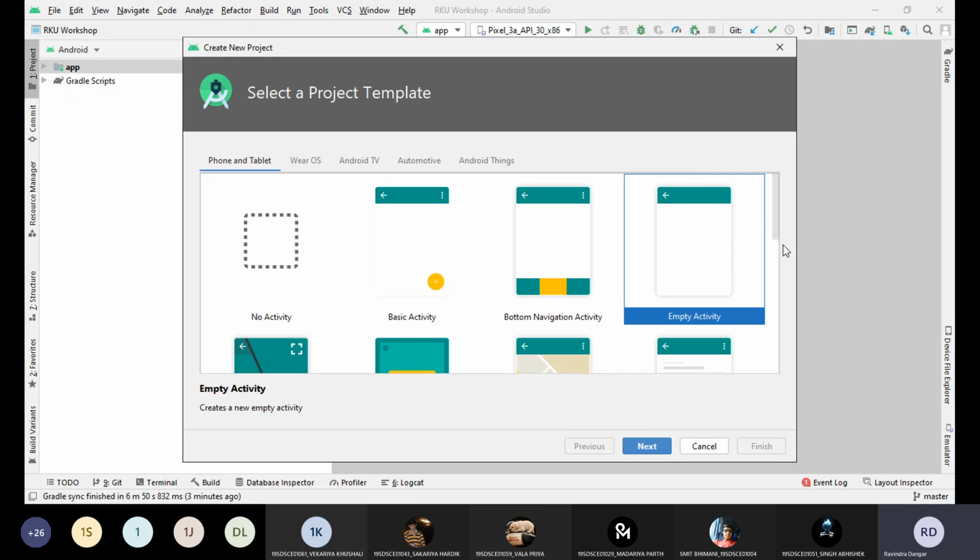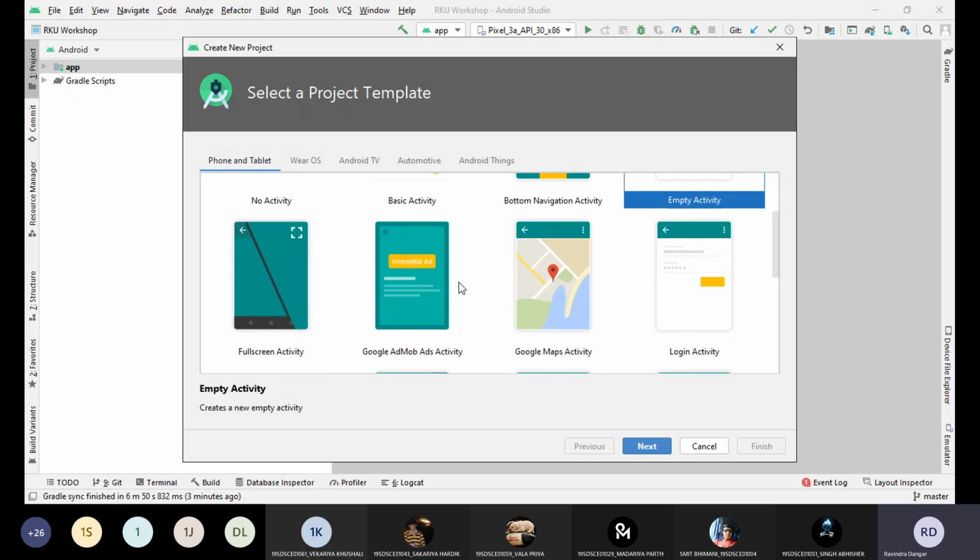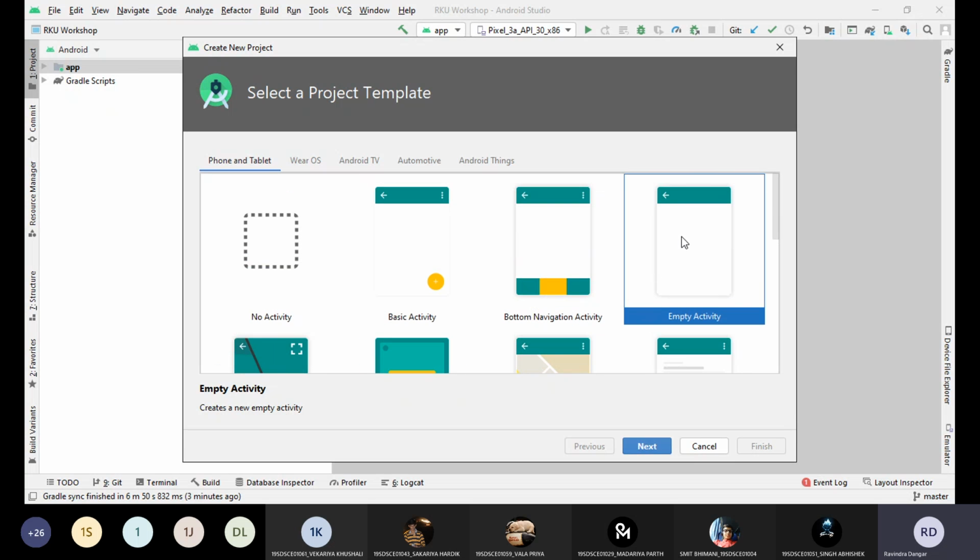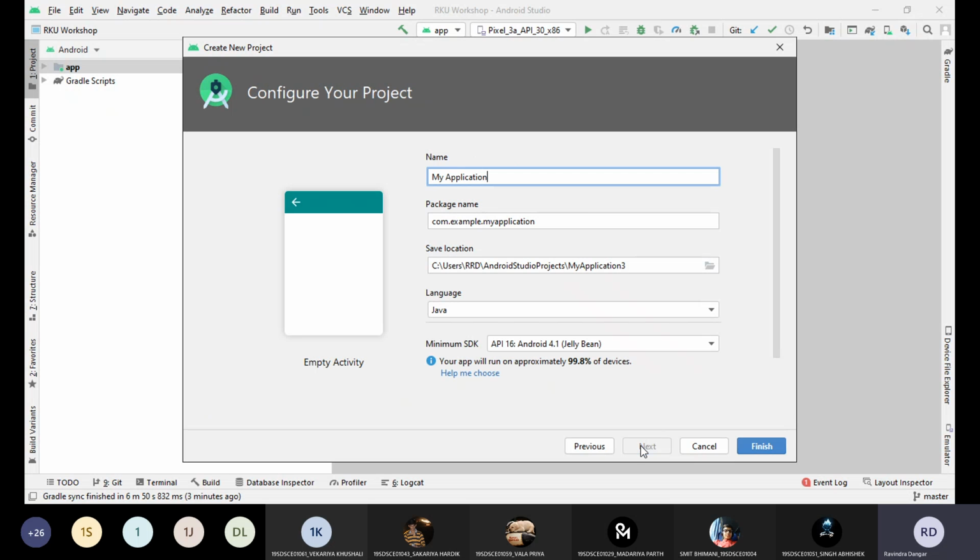In each session I will start with this only, so that for each thing we need to write something, we need to do something, so that at least you can have certain idea that if I want to place button, then this is what I need to do. If I want to place navigation drawer, then this is what I need to do. Fine. So initially we will never use any of the template, but later on, once you get the enough confidence and once you know how to create any kind of activity, then surely as per our requirement you can choose any activity. So as of now I'm going with the empty activity, then just select that empty activity and click on next.